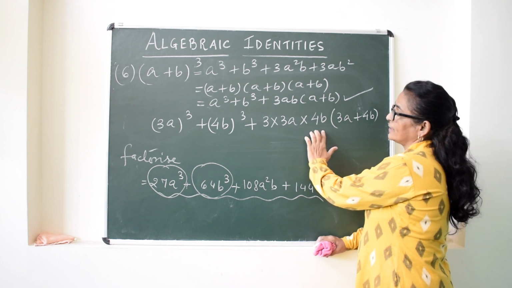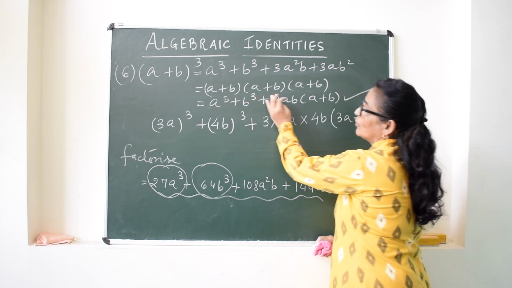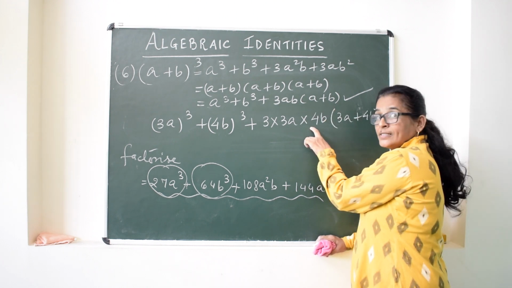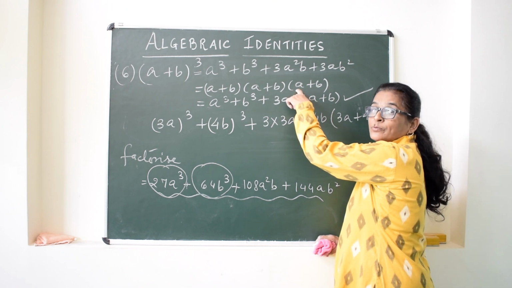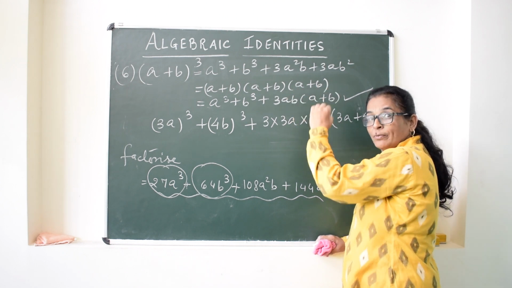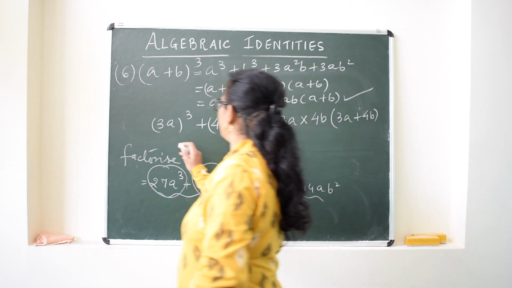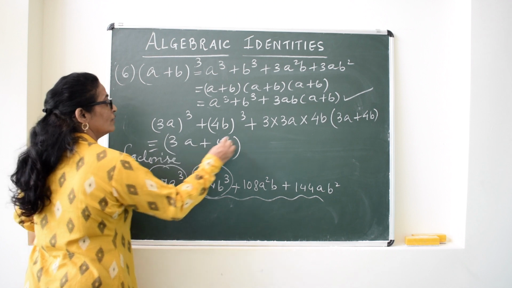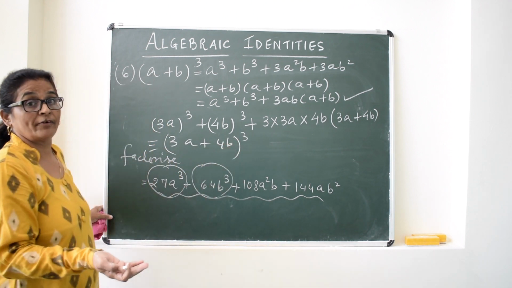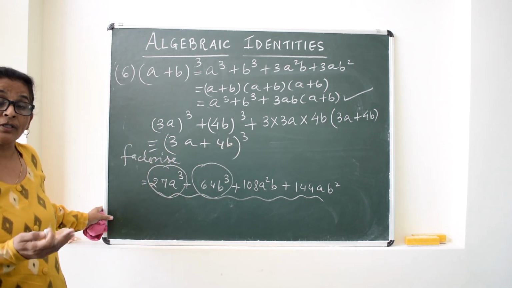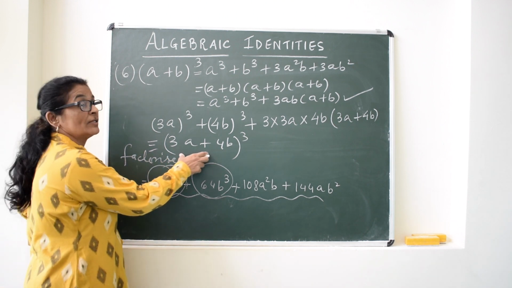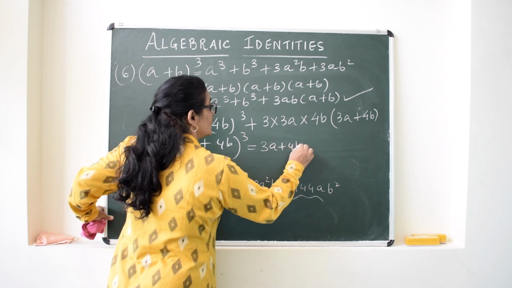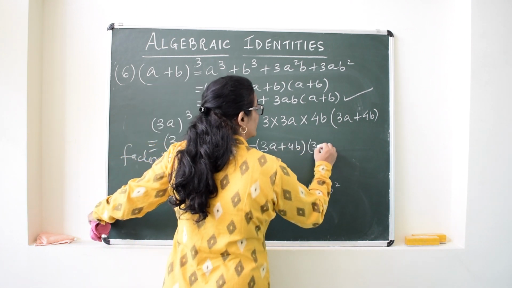Simply you have to rewrite the given expansion in the form of a cube plus b cube plus thrice ab into (a + b). So this is the expansion of (a + b) into (a + b) into (a + b). Or before that, we can simply write it as (a + b) the whole cube. But as we write the factors in the form of the product of the linear factors, we will not leave the answer till here. We will go further to its 3 linear factors.